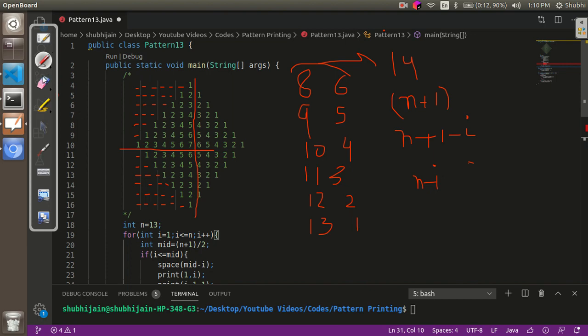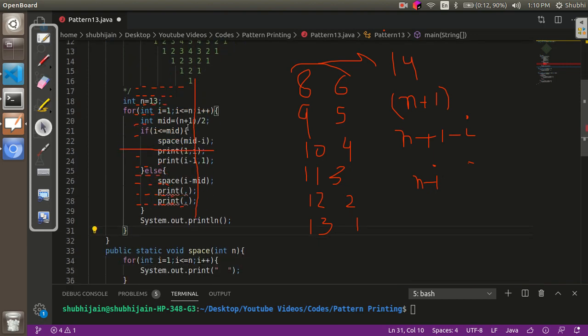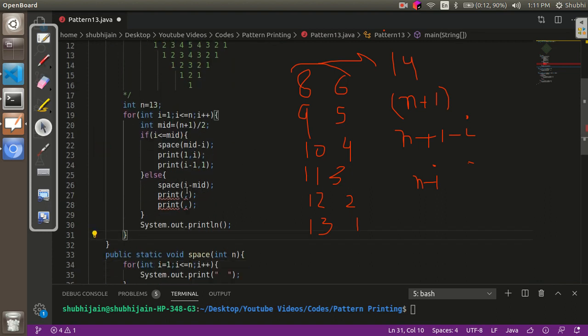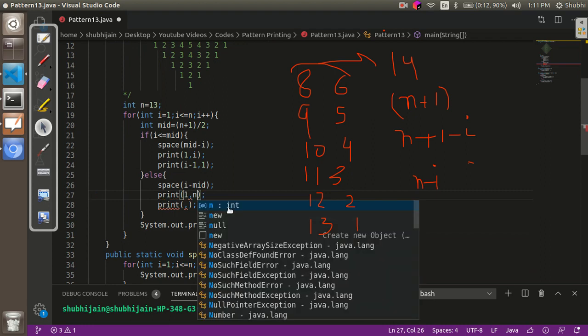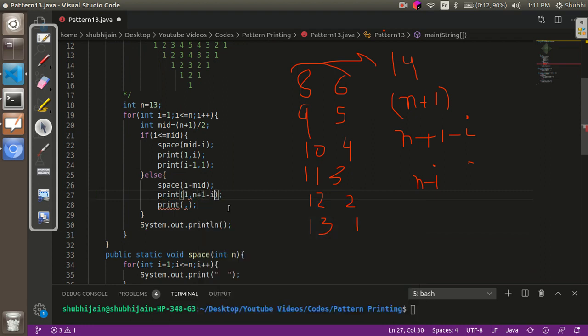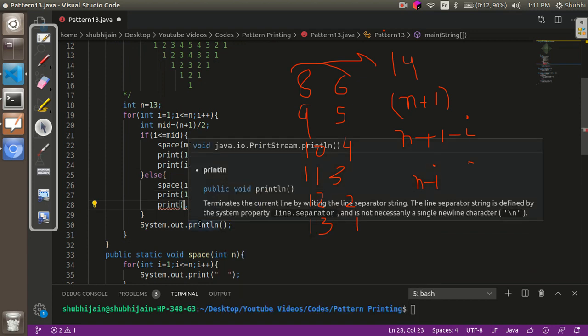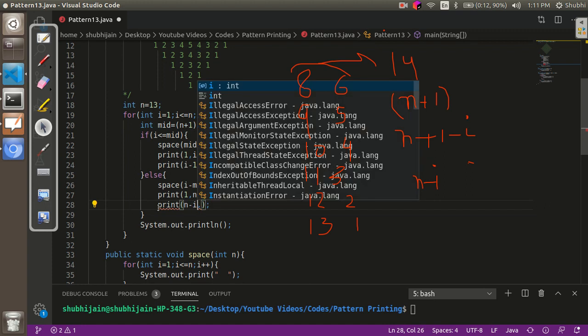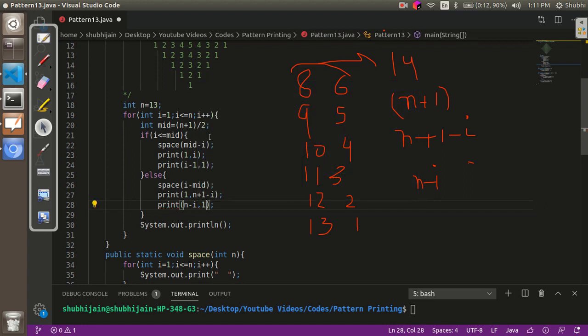So from here we can say that the numbers for the first half are being printed from 1 to n plus 1 minus I, and for the second half, that is for the descending order, the numbers are being printed from n minus I till 1.